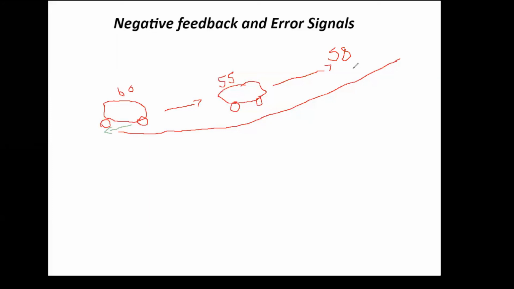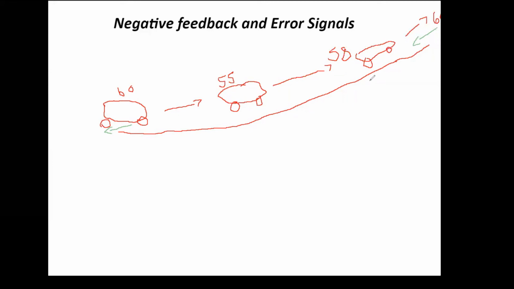And then even though I'm still going up the hill, my cruise control knows about it now. So it's going to give it a little more gas. And we're going to get up to 60. So we're going to be back to that set point that I set at the beginning as I was on this flat ground, even though we're now under a new condition. Now we're going up the hill. We have gravity pulling us down in this car. So in order to maintain this 60 miles per hour, we needed to make a little bit of a change.